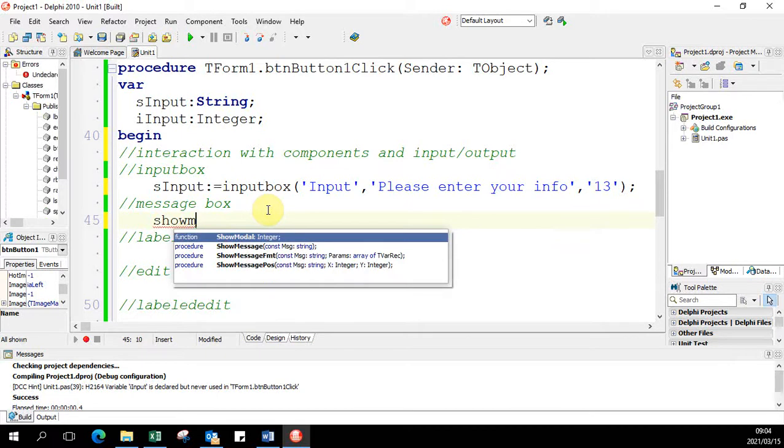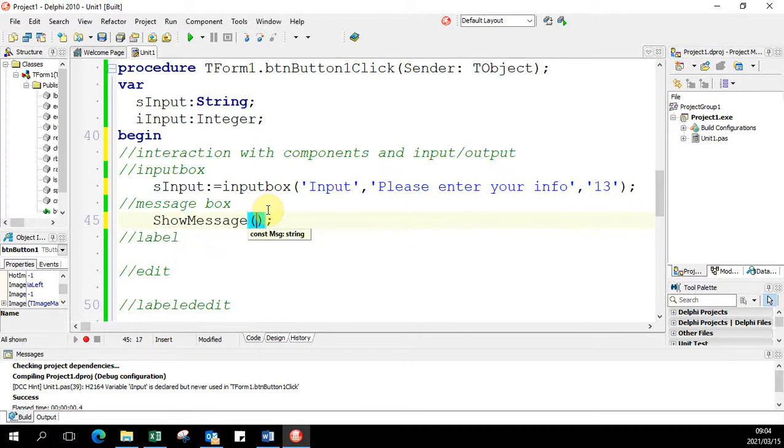Okay, that's our show message. And then inside there, you'll just write your message. So now literally the box will appear and it will just say hello. Right, with our label,